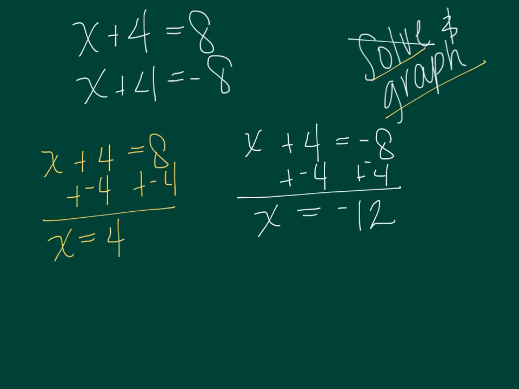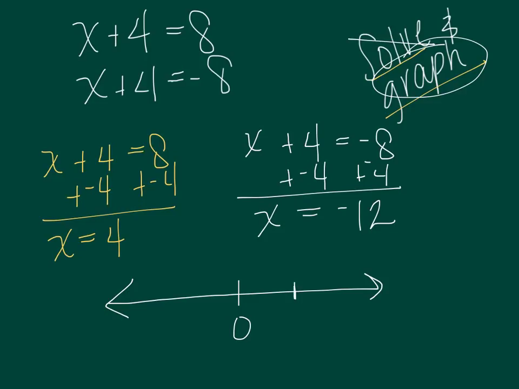So after I've solved, now I need to graph. So we're just going to make a number line, and I'm going to put 0 at the middle. And then I'm going to put my two values of 4 and negative 12, but I need to be aware that they're not equally distant from 0. So I'm going to put 4 about here and negative 12 to the left, but a little farther. At each of those points, I'm going to make a dot to show that's where they would fall